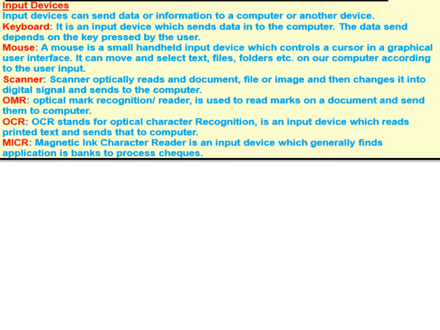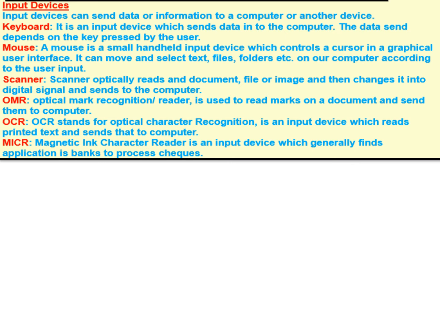Now, next we have three input devices: OMR, OCR and MICR. First I will be telling you about OMR. OMR stands for optical mark reader or optical mark recognition. You must have given some examinations where you just have to circle the correct answer. The question paper is in the form of A, B, C, D, and you have to circle that correct answer.